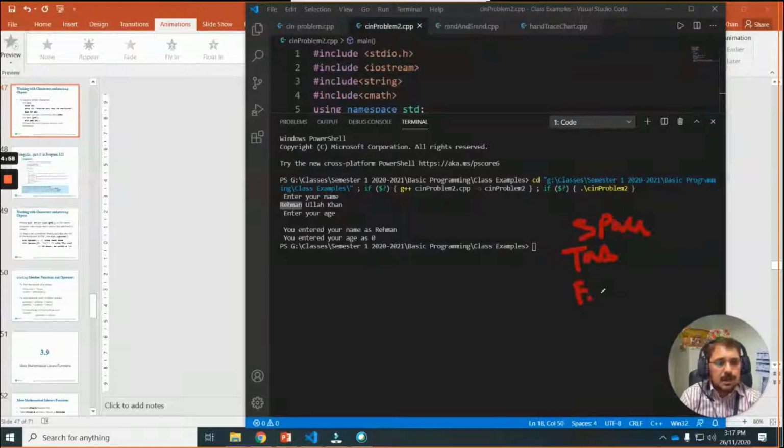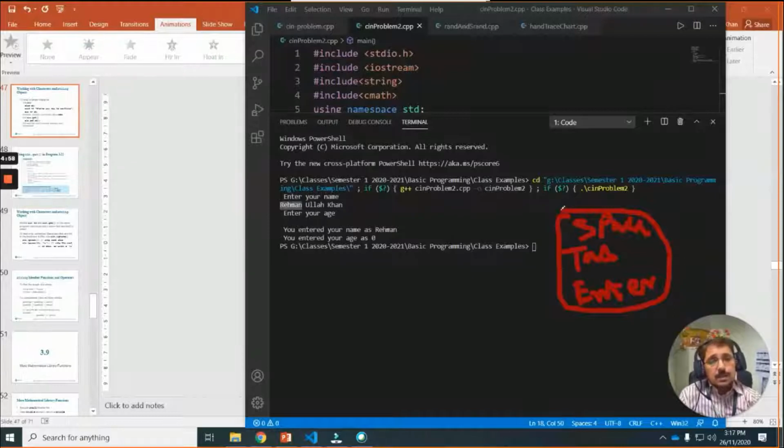This is also called newline. On the keyboard we simply call it enter, but sometimes it is called newline also. So the cin statement doesn't read these characters, and they are still left in the buffer.